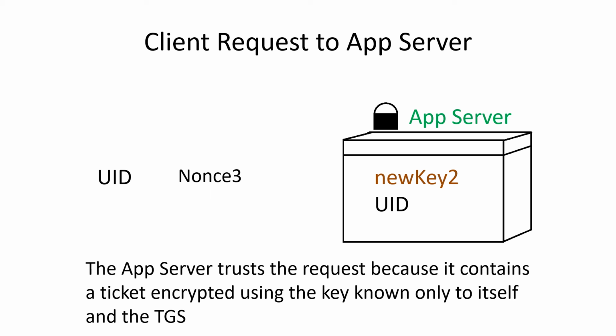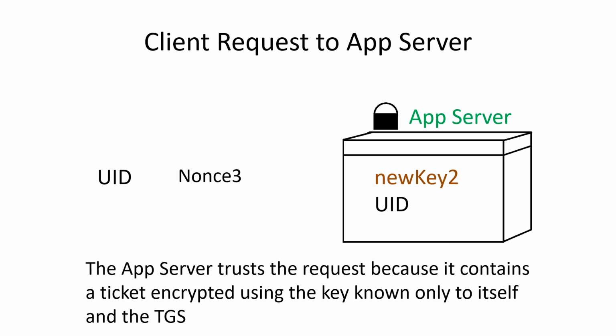because it will then send that information off to the application server to get access. So it sends its user ID, a third nonce, yet a third random number, and the information it got from the ticket granting server that's encrypted with the key shared by the ticket granting server and the application server, which includes the second key that was generated and the user ID. The application server checks the user ID in the encrypted message, because it can decrypt it, and the one sent in plain text to see that they match,